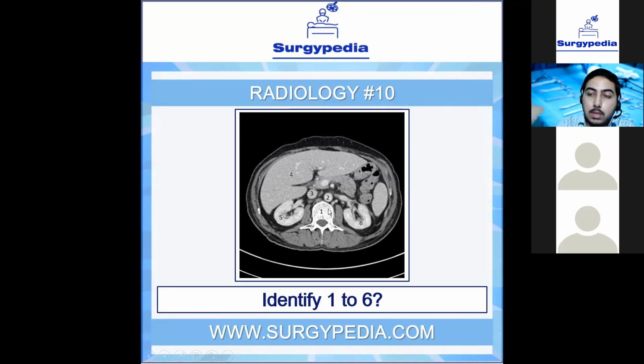Because I have discussed this in our introduction to radiology video also. If you want to understand more about CT scan, you can refer to that video. So in a CT scan, whenever you are provided with a CT scan, the first thing you have to think is that you are viewing the patient from the foot end. So this is a CT scan of the abdomen. So we are basically viewing the patient from our foot end.